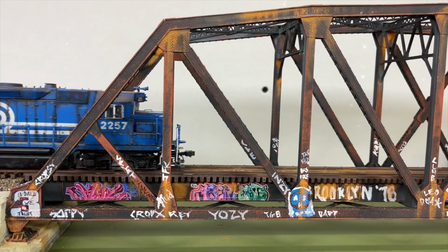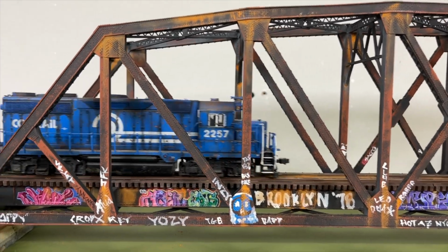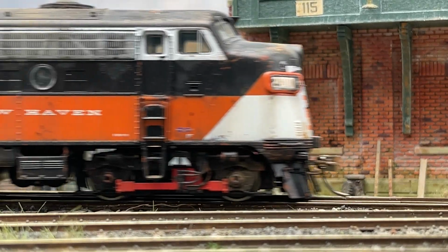The layout basically takes place in the late 70s, probably around 1979. So Conrail is operating for the last couple of years in New York and Queens, and there's some lingering Penn Central, there's some lingering New Haven rolling stock and locomotives as well, because those are the things I like to model. Amtrak is here as well, and I'm trying to create a New York feel, which is a little difficult